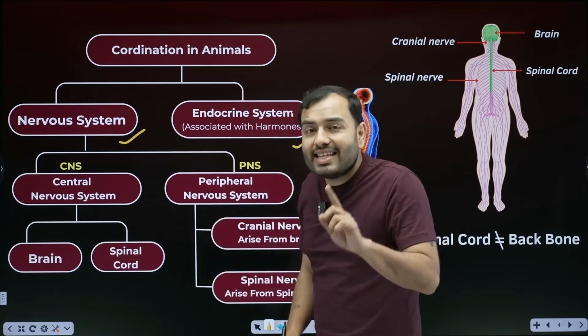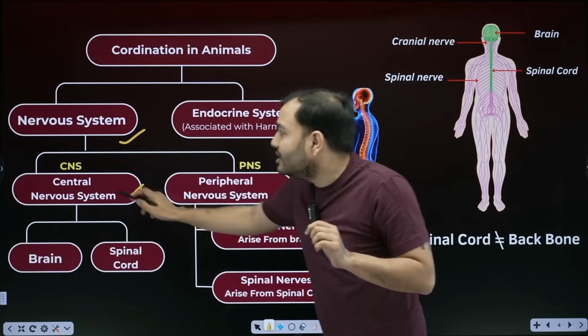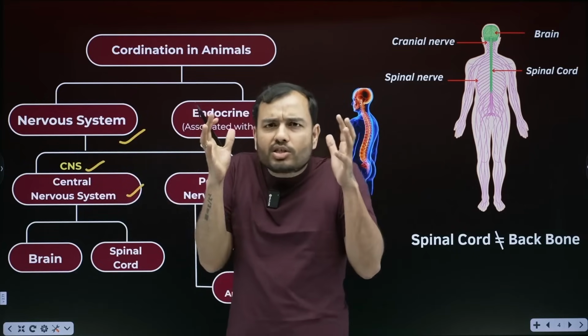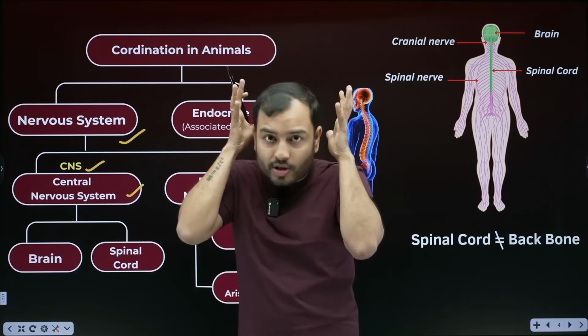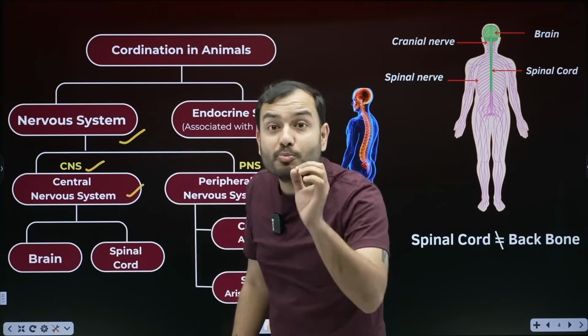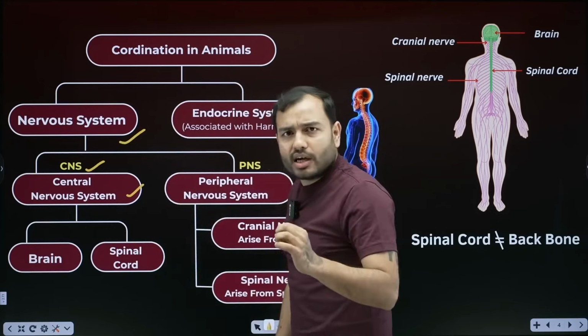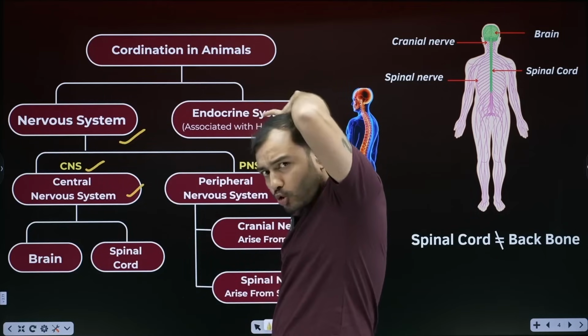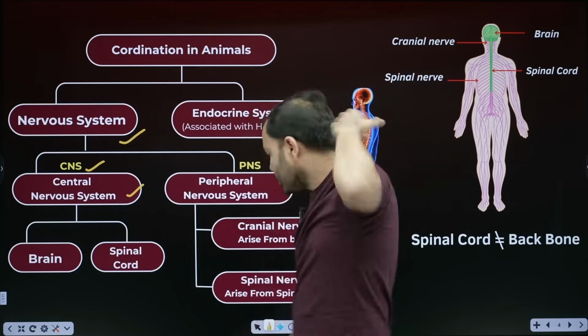The first is the central nervous system, which you call CNS. What is the central nervous system? Your brain, because the brain takes all the decisions. One more thing is very important, the spinal cord. What is the spinal cord? It is a choti coming out from behind your brain. It is a tail which comes out from behind your brain and goes,